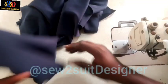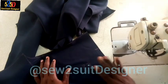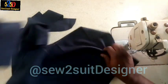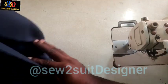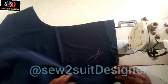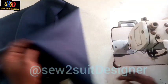Hello guys, welcome back again to the sewing section of this pleated trouser wear. And this is the front panel of the trouser, and these are fly piece. This is the back panel, and remember, each panel has a pair of it, which is there are two. So this is the back panel of the trouser,